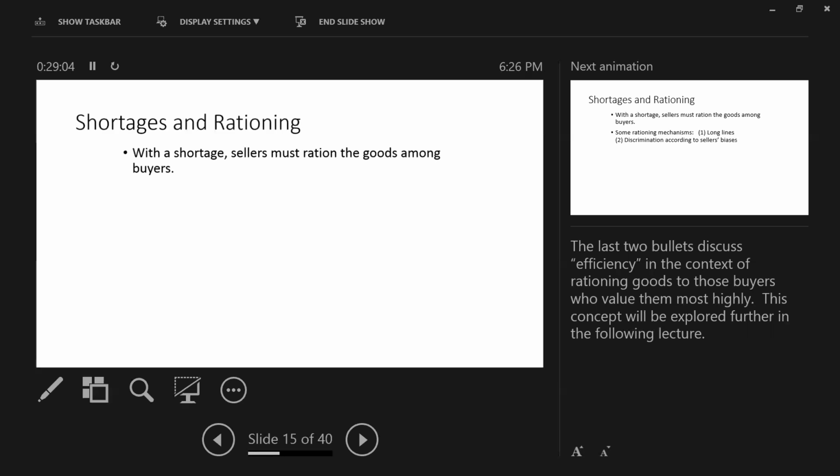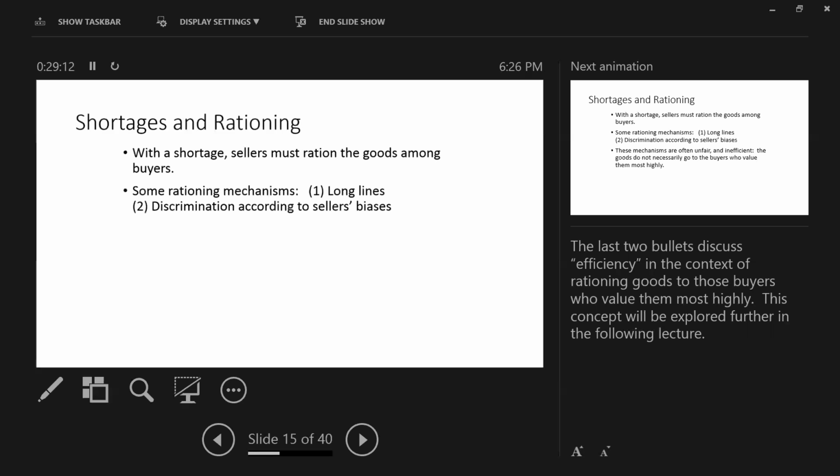For example, in situations where the quantity demanded exceeds the quantity supplied, often what you see are long lines, okay, implying that the rationing mechanism may take the form of first come, first serve, rather than the person with the highest value gets the good. Now, keep in mind, in the market equilibrium, the buyers with the highest values are the ones receiving the goods. Okay? Under a shortage, there is no guarantee that that's the case if we make the buyer, say, get in line,